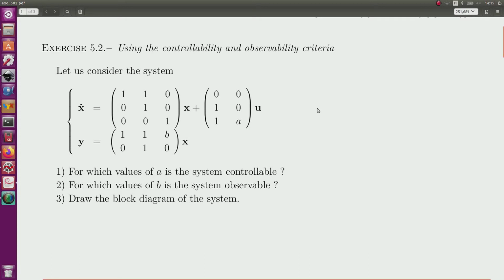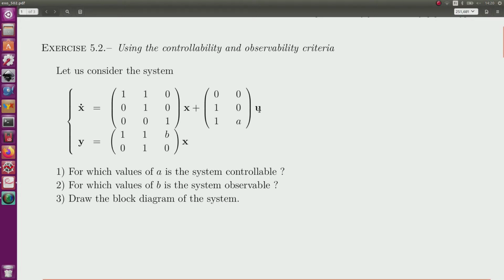Using controllability and observability criteria. So we consider the system given by the state equation here, and in this state equation I have two parameters a and b. So I have two inputs u1, u2, two outputs y1, y2, and the state is of dimension 3. We have to find the values for a such that the system is controllable,